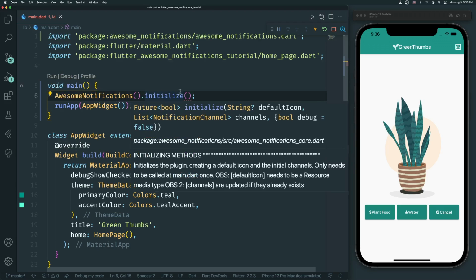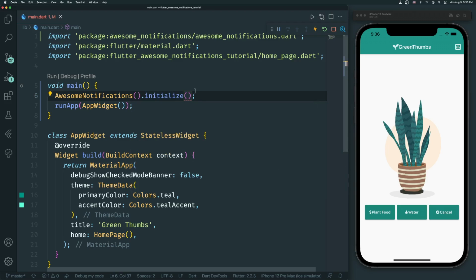Now the initialize method wants us to pass in two positional parameters. One is the path to the default icon, which will be displayed in the Android notifications, and the other one is a list of notification channels. Let's take care of the icon first. Our icon is located in the native resources, so we're going to provide the path for it in the following way. We're going to type resource: drawable